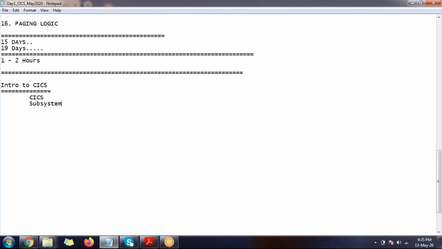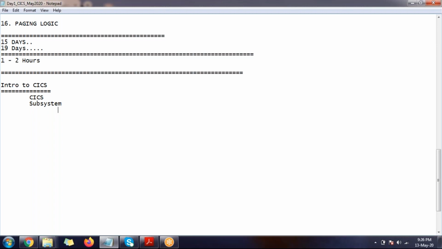Once you install z/OS, you may not get CICS by default. If you want CICS for your client, for your business application, then we need to install the relevant software on the z/OS operating system. Then CICS is available. That is called a subsystem. We install special software to do something on the mainframe, and that type of software is called CICS.